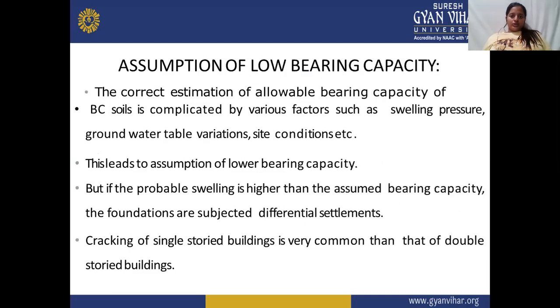Assumptions for low bearing capacity. Black cotton soil is complicated by various factors, which are swelling pressure, groundwater table variations, and site conditions. This leads to the assumption of low bearing capacity, and this is also true because the soil, when it absorbs water,